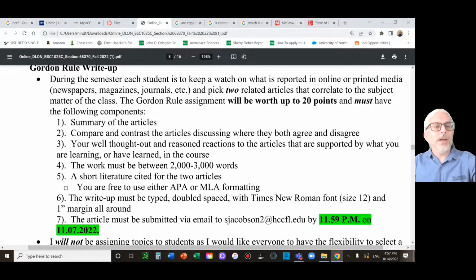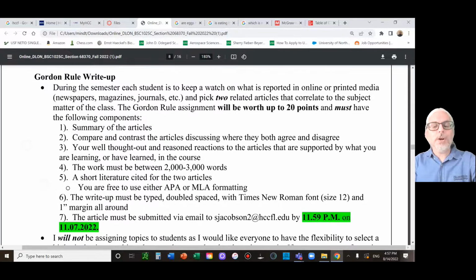The Gordon Rule. Yeah, here we go. Now, remember this, the college decided that this course was going to be a Gordon Rule class. This wasn't something that I did. I didn't go through and say, yeah, I really like Gordon Rule, I love reading essays, so we're going to do this. No. Now, if you don't know what Gordon Rule is all about, that typically means one of two things: either you're new to college or you're new to the College of Florida. Either way, welcome. And so here's what's going on.